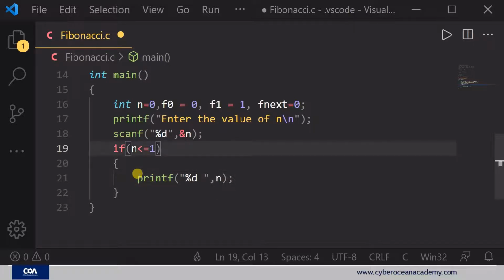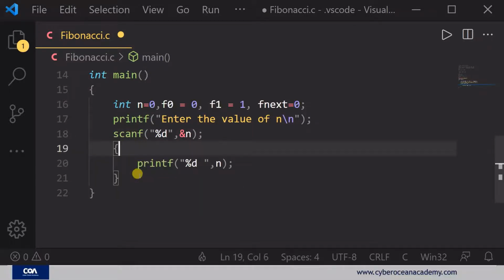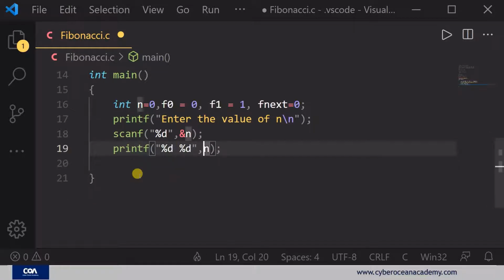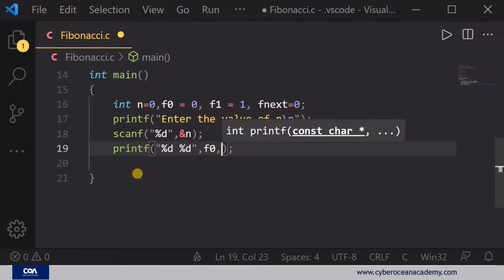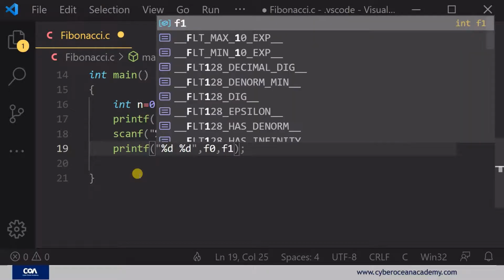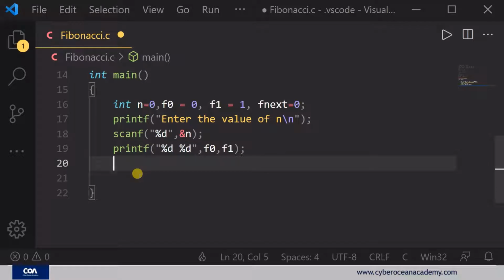Then this condition will be false, so it will not print the previous 2 Fibonacci numbers. So here we just omit this condition. Since we have to print the whole Fibonacci series, we're going to first print the previous 2 numbers in this way, that is f of 0 comma f of 1, and now we're going to start a for